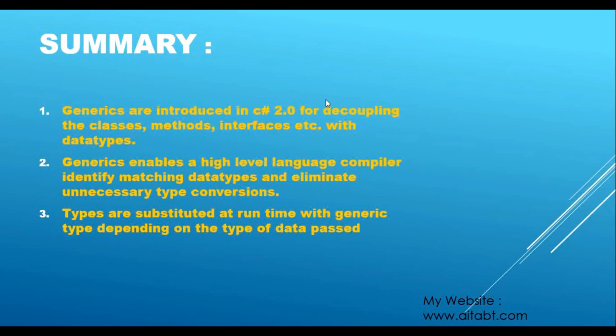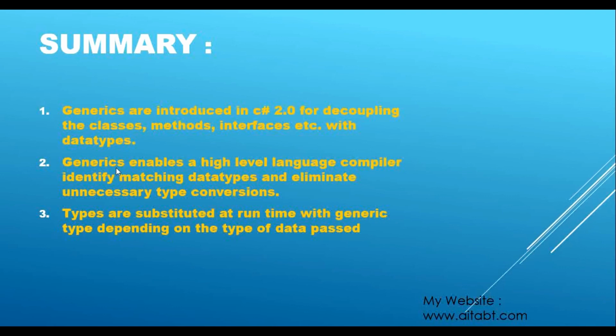Generics are introduced in C# 2.0 for decoupling the classes, methods, interface, etc. with data types. Okay, and that we have just seen. To use the class, interface, and methods to be data type independent, we use generics, and that is introduced along with C# 2.0.